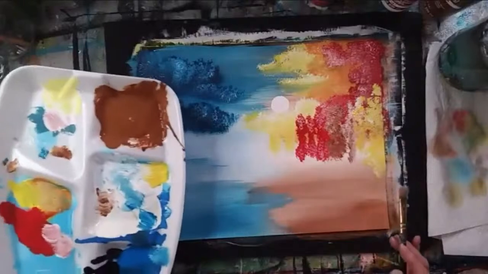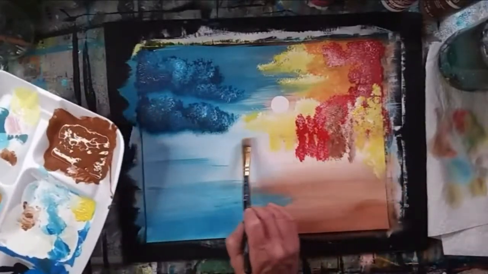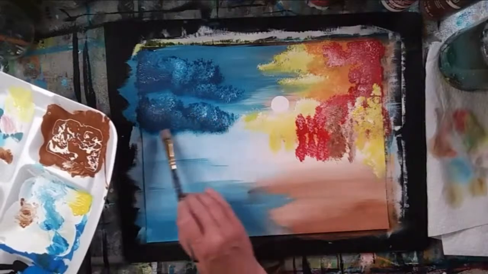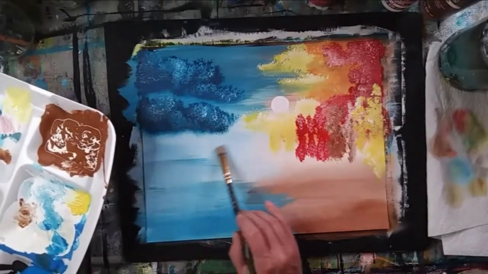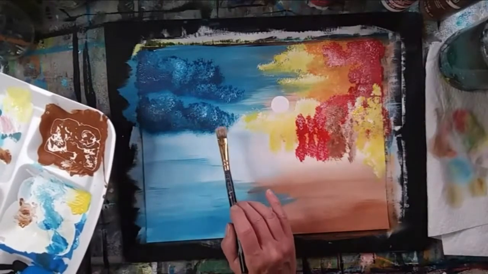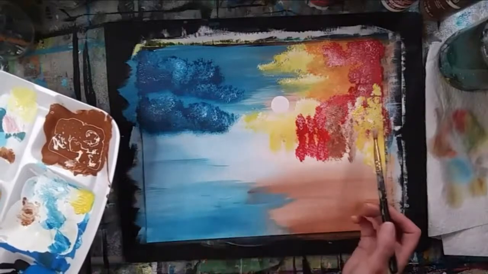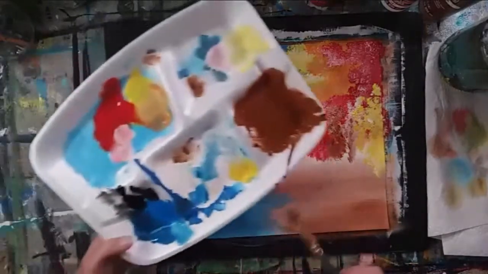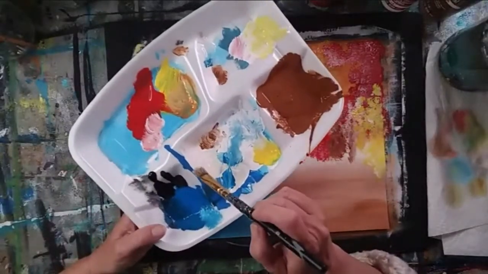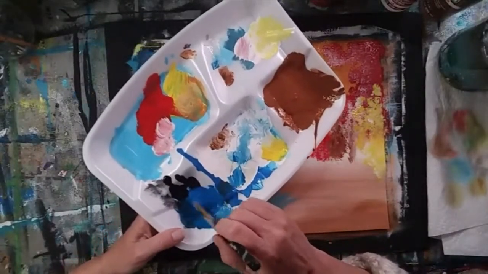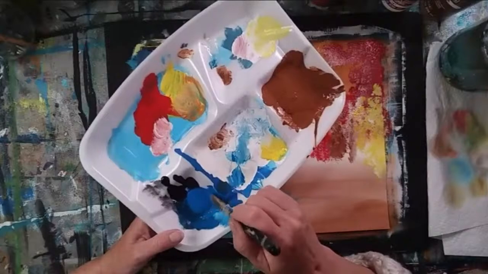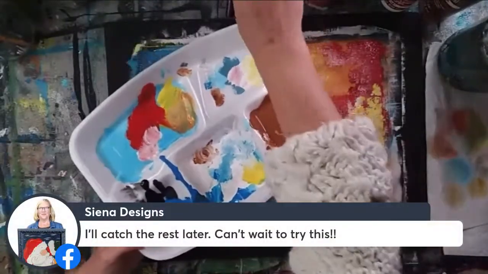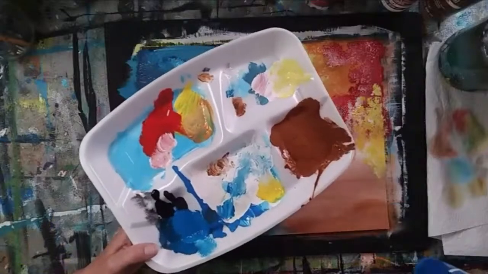Okay, so we're going to pretend that imaginary line is right there, and we're going to make some trees on this side as well, blue trees. So this one's not going to take as long because we're not going to be using different colors through here. We're going to just be using mostly blue. We're going to be making different shades though. So I'm sticking it right into the bright blue. It even says bright blue.